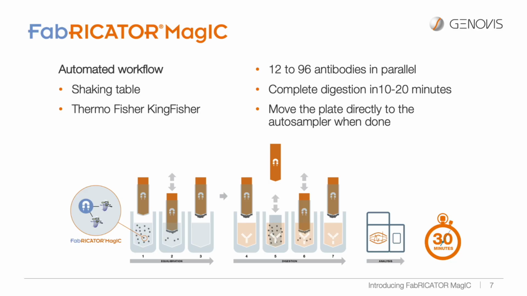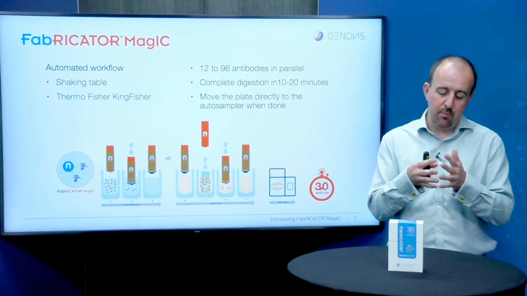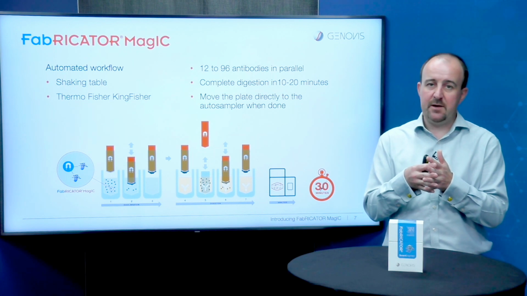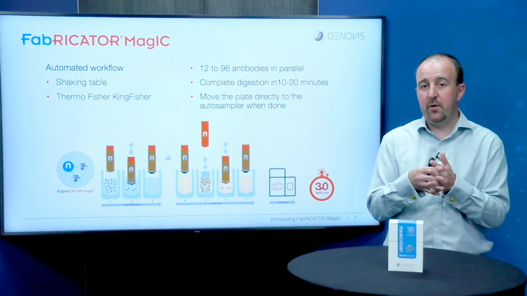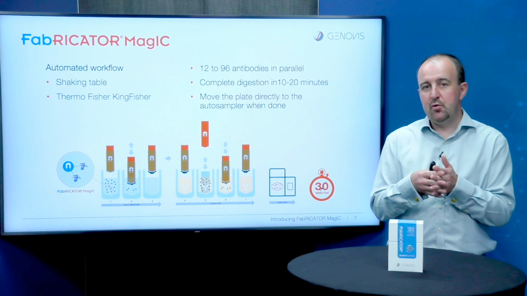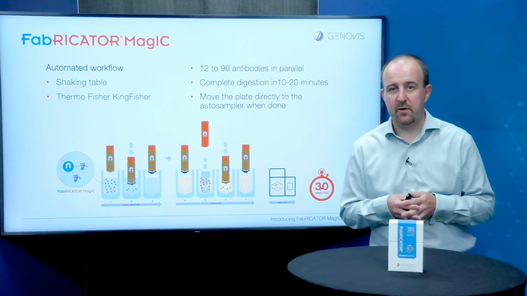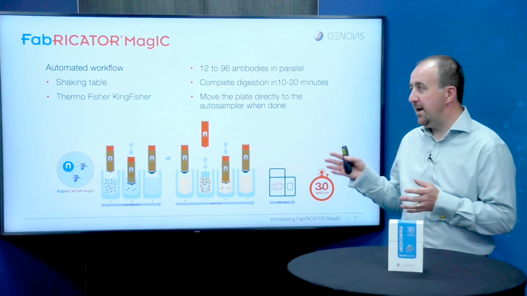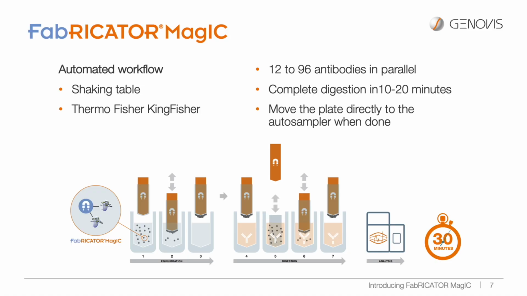And this works on the principle that magnetic probes move down into the wells of a deep well block and are able to then move the magnetic beads around. And this is done in combination with a comb. The comb is actually to keep the magnetic probes away from the sample, but also to allow for mixing, for example. So as you see in the schematic here, on the left-hand side, we first of all equilibrate the